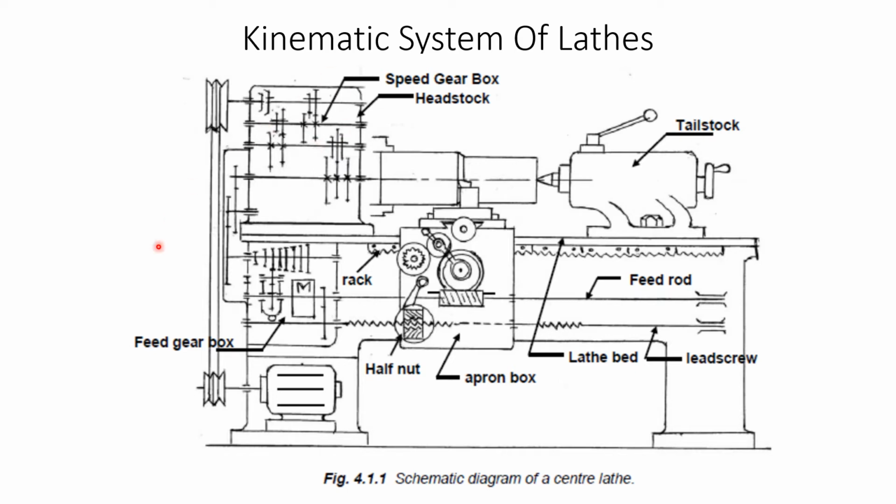The cutting tool derives its automatic feed motion from the rotation of the spindle via the gear quadrant, feed gearbox, and then apron mechanism, where the rotation of the feed box is transmitted either to the pinion, which being rolled along the rack provides the longitudinal feed, this apron box along this rack pinion system, or to the screw of the cross slide for cross or transverse feed.